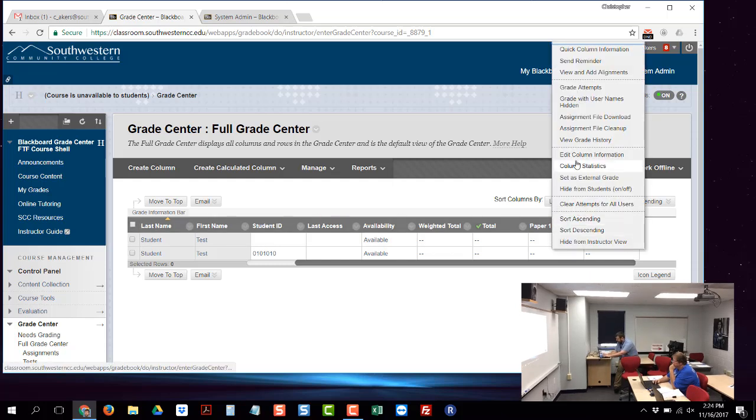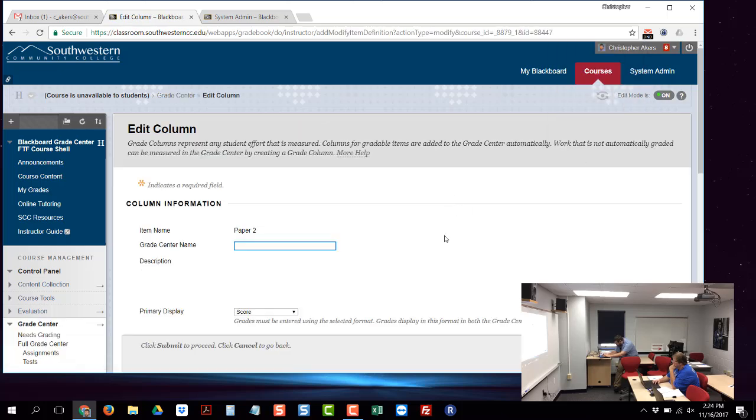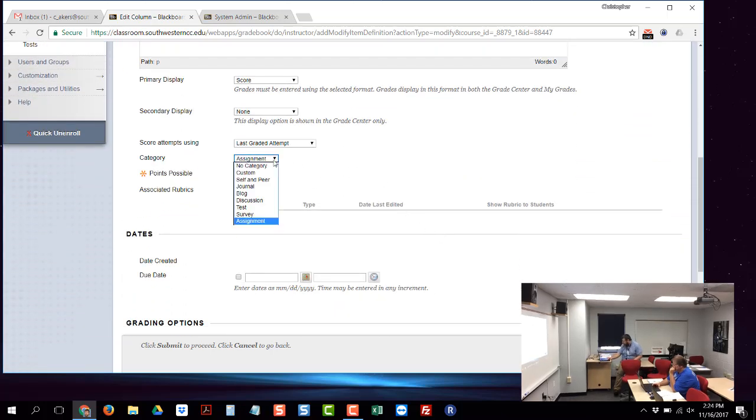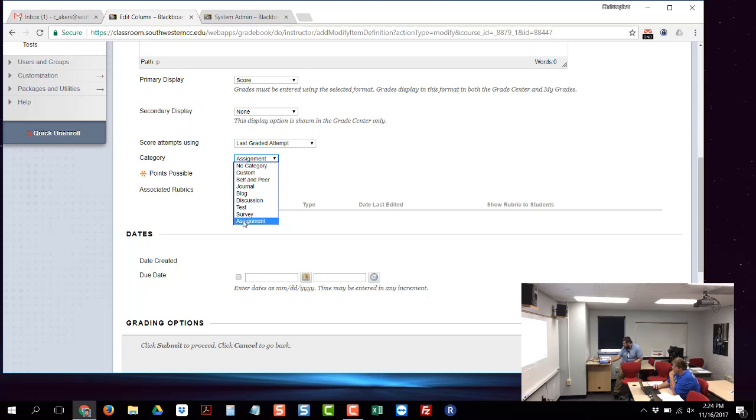And the thing I'm not sure is why it didn't give me the option to set my category from there. Oh, you know, I think it's automatically assigning an assignment to the assignment category. So, but there is a possibility that you would have an assignment that you don't want going in the assignment category, in which case you would need to